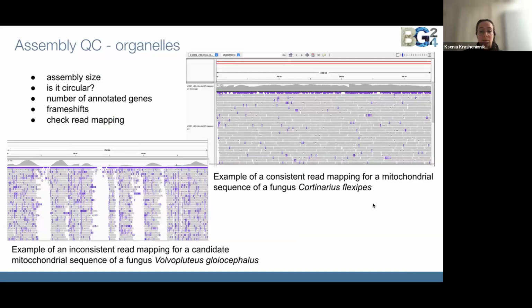We have discussed the nuclear assembly and can now have a look at the specifics of organelle assembly. Once MitoHiFi or OATK generates a candidate organelle contig, it has to be looked into. Assembly size must be close to the reference organelles, or at least typical to the clade. It is important to check that an organelle known to be circular is circular. It is also helpful to run a quick gene annotation and compare the gene content to the reference organelle genome. For mitochondria, normally there are 37 protein coding and tRNA genes,